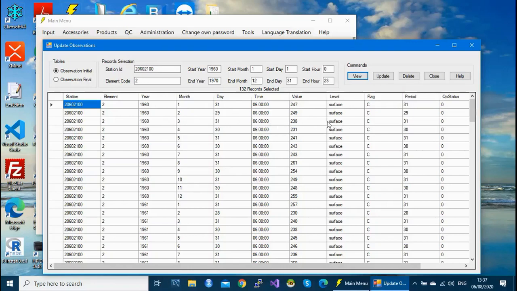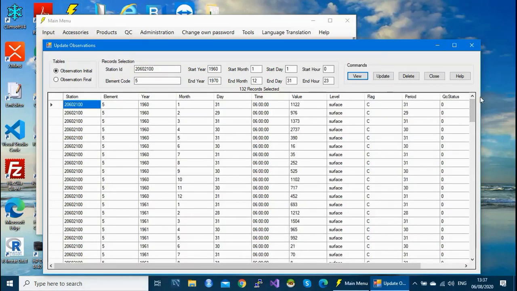As you can see, our data were imported successfully, and this flag means accumulated, so this data is the accumulation for 30 days, or the average for 30 days, because this is element 2, which is maximum temperature. If you check also for the minimum temperature and view, you see you have also the minimum temperature. You can also check for the precipitation as well. If you view, you see you have your monthly precipitation data. These are totals.